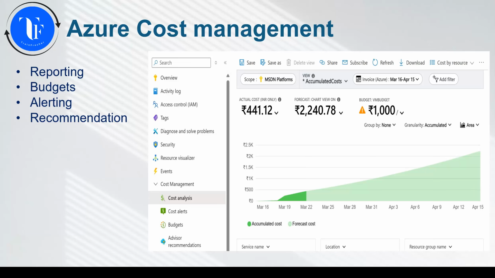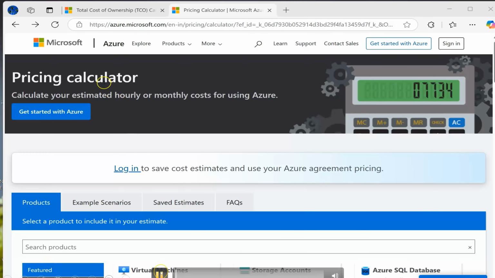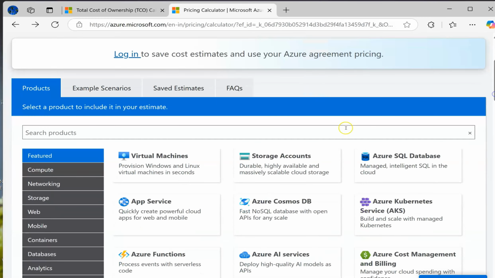And similarly, let's say if the Y amount is meeting 90% or someone has utilized 90% of the budget, you will get an alert along with a recommendation that please go ahead and fund your project so that your resources keep running. Right, guys. So you see this pricing calculator, and you have got virtual machine, storage